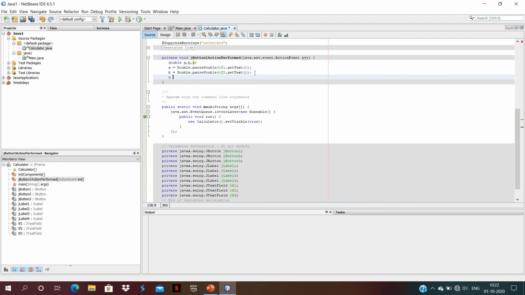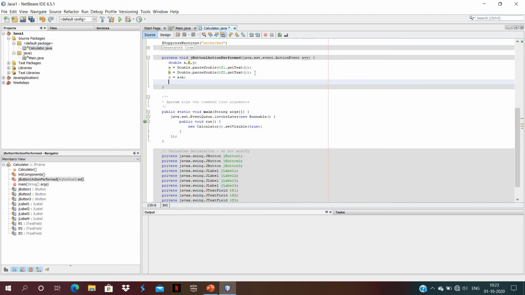C indicates here our third label, result. So we write down the coding for the addition. The formula of addition is A plus B, then semicolon.